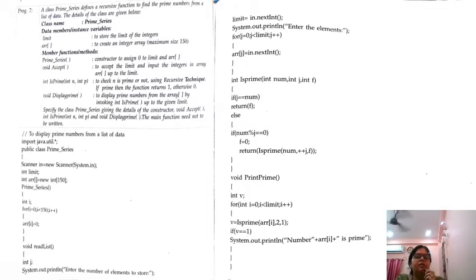In this constructor we have put a number till where the loop is going to work, and we have assigned our array I0. Then void read list we have done, where we have to store the numbers. Here is the storing of the numbers, and here is the printing of the array. Now next, void accept has been given here, so we have to accept a number limit. int is prime.